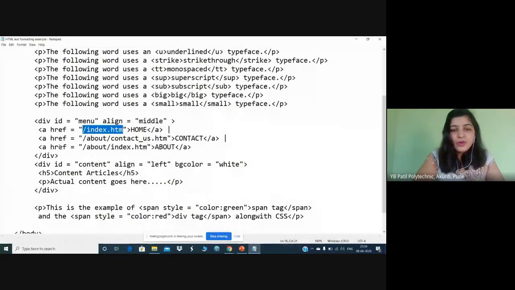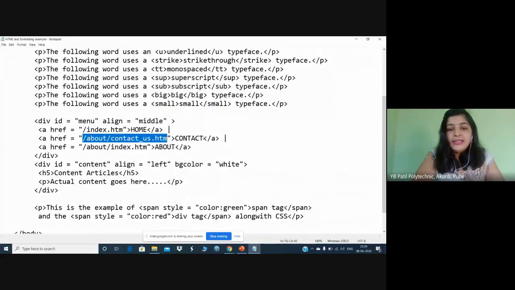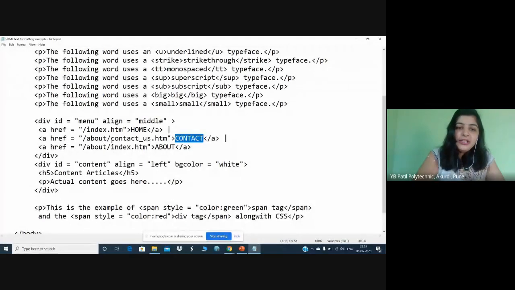Similarly, I have used two more anchor tags, which are for contact and about. See, this is the link provided in the hypertext reference, and for that I have given the name contact. So on the web page it will be displayed with this name, contact. Whenever you click on contact, it will take you to the contact us.html page. Whatever page you create here will be linked here. So this is the end of your division tag. Now I have used one more section. This is the first section of your division tag.